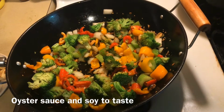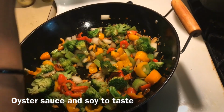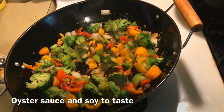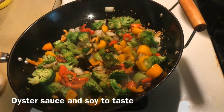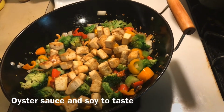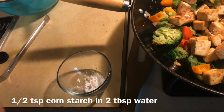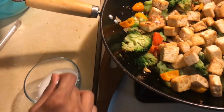I think now that our veggies are perfectly, crunchily cooked, I'm going to add my oyster sauce to this. Roughly a teaspoon or so. I'm so bad with measurements. It's just like what I feel right. To which we add our stir-fried tofu pieces, and then I have a special kind of a spatula that I'm going to be using that doesn't break